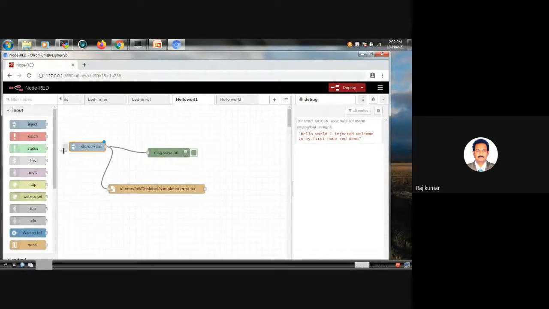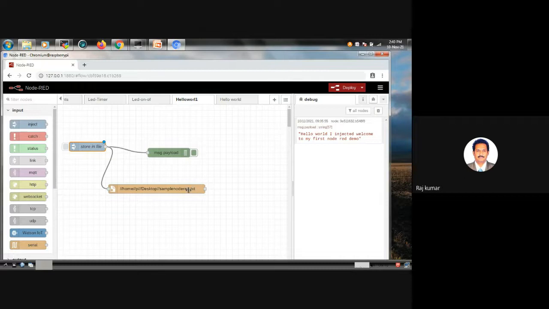Suppose I click on this, the string which I have written, Welcome to Vagdevi College of Engineering, Atal FDP, that string will be sent to more than one node now. Previously we saw message.payload only going to the output screen, but this time it is going to write to a file. Here, I'm having two desktops: one is the Windows desktop, another one is the Raspberry Pi desktop. I have selected the Raspberry Pi desktop. This is the URL or path of the file where it is going to be stored.